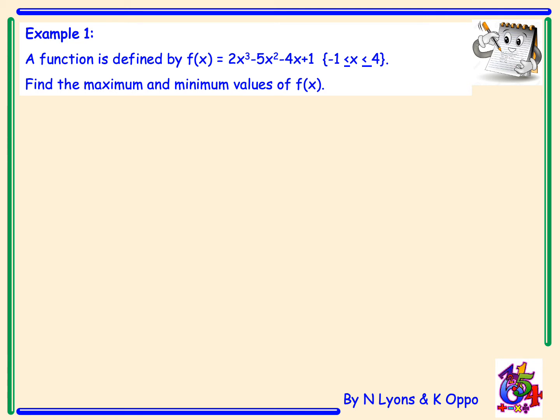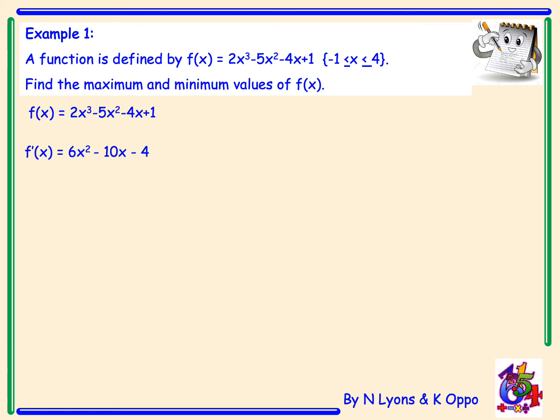A function is defined by f of x equals 2x cubed minus 5x squared minus 4x plus 1 within the domain when x is greater than or equal to -1 but less than or equal to 4. It says find the maximum and minimum values of this function. So let's get started like normal. We take the function f of x equals 2x cubed minus 5x squared minus 4x plus 1,